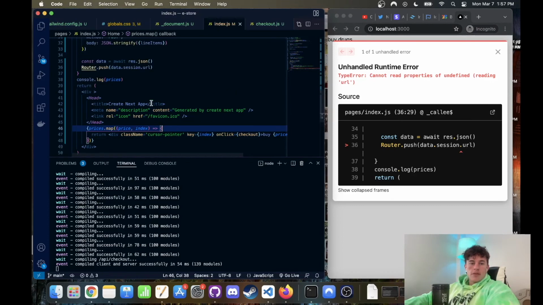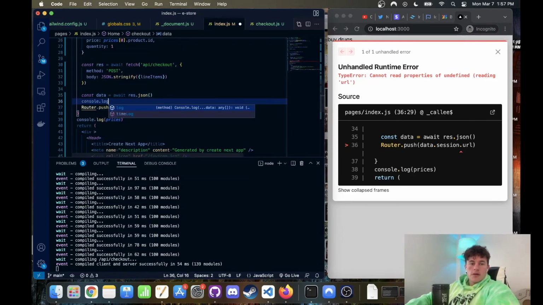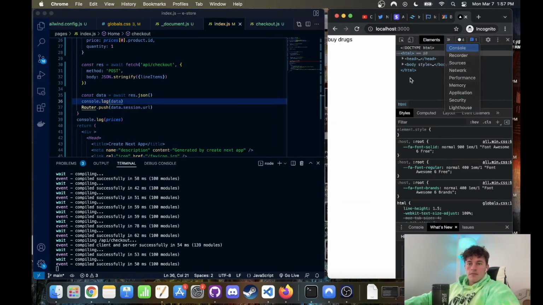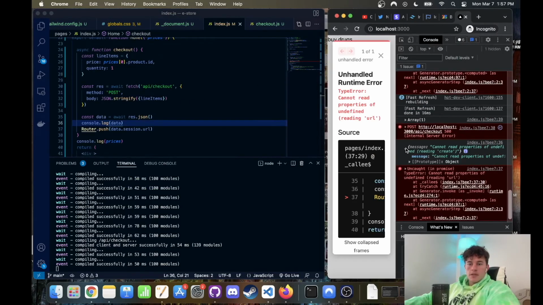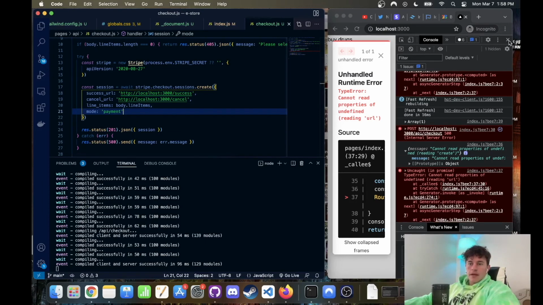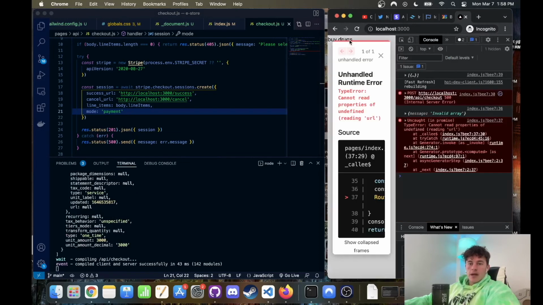Cannot read URL. So obviously we're not receiving a URL. So let's just console.log data. Inspect console, buy drugs. What happens? Message: cannot read, reading create. I notice we have a little spelling error. This should actually be sessions. Spelling errors. Okay, so now if we refresh this page and we click buy drugs,